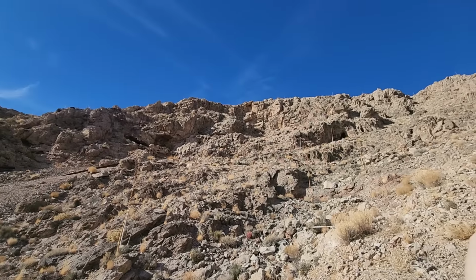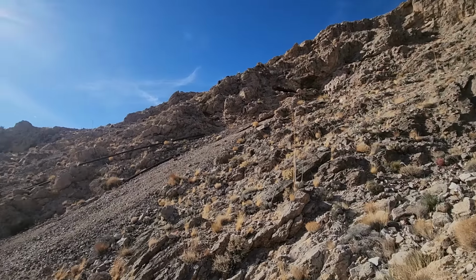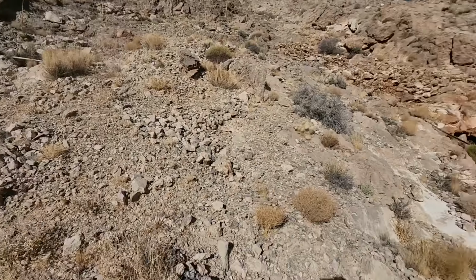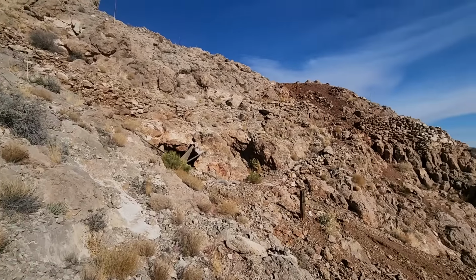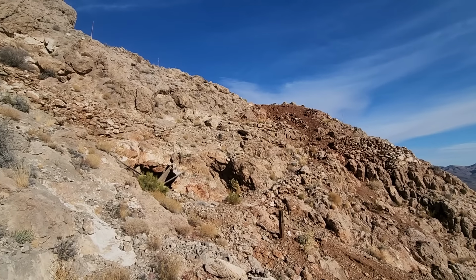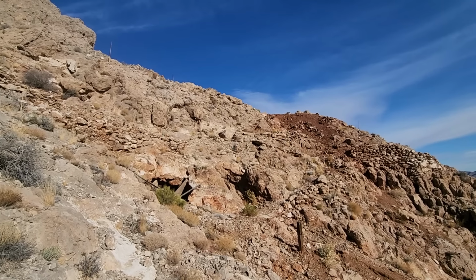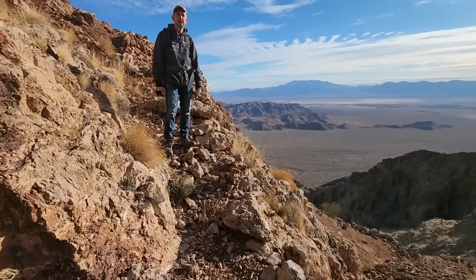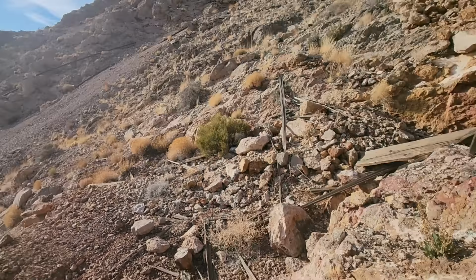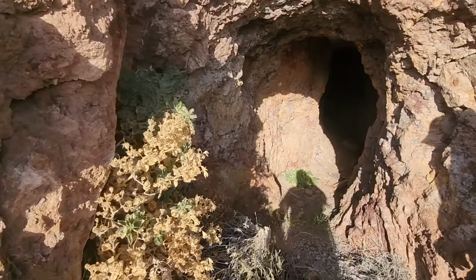I cut all the way over the ridge, back down here, and of course my friends are waiting for me at the other mine, so I'm gonna hustle on back and try and get them. We gotta get out of here, hitting some serious time pressure. I collected my friends back at where we started, and I remember promising that I would look in here, so